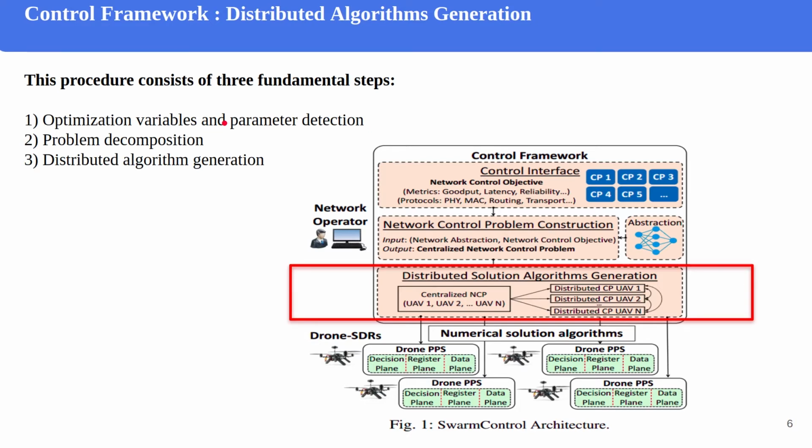In doing so, it assigns variables to protocol layer functionalities to be optimized, and some parameters are considered constant. The second one is problem decomposition. The objective of the decomposition is to loosen the coupling between optimization variables of the NCP. To do so, SwarmControl